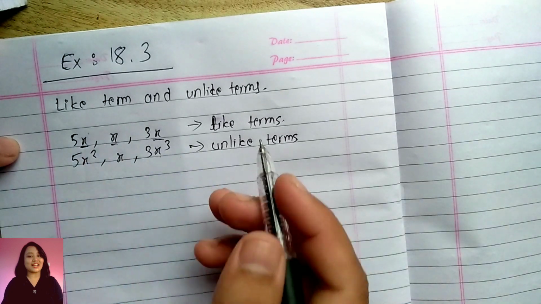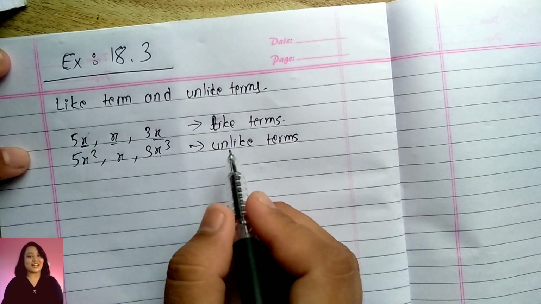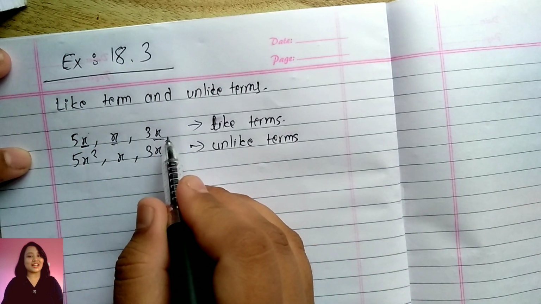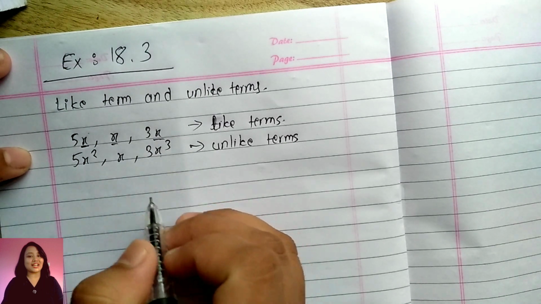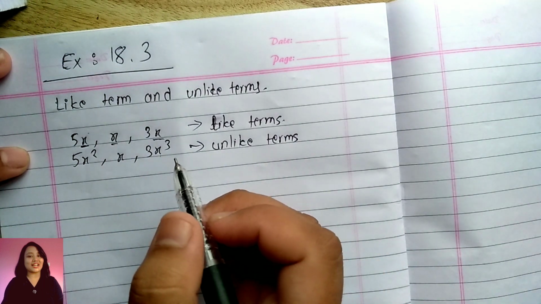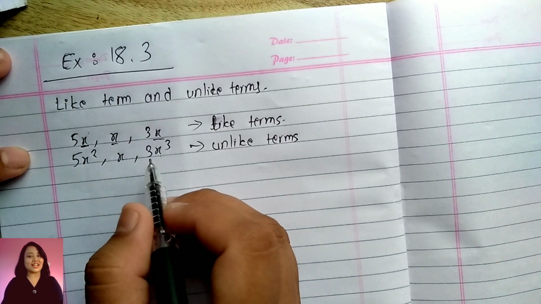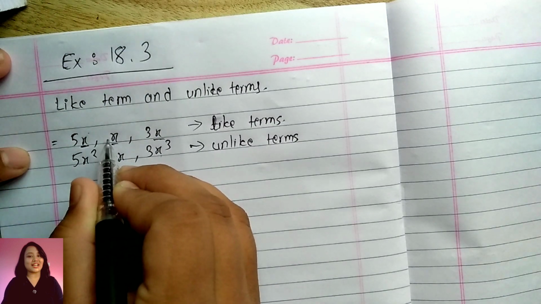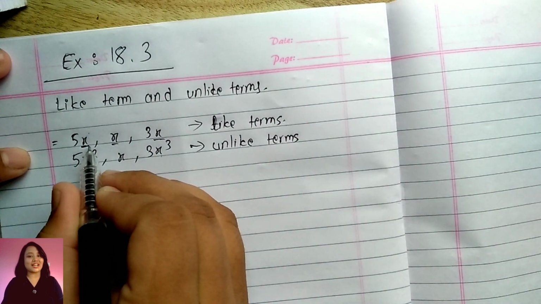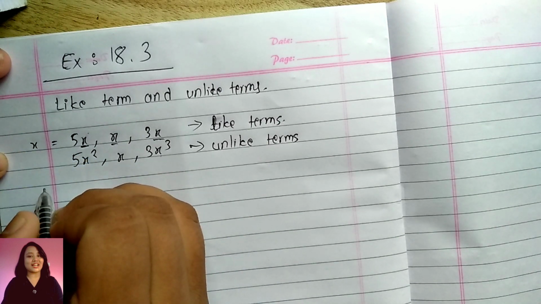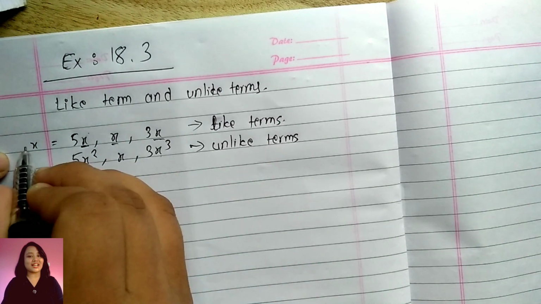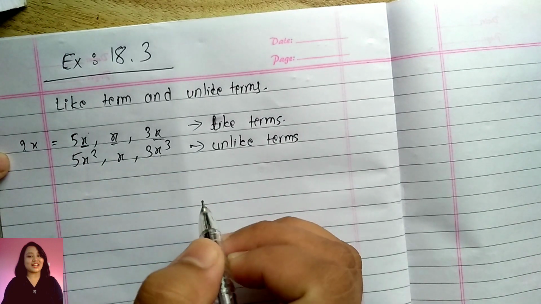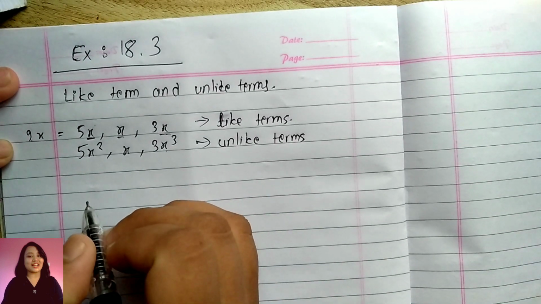Okay, so whenever we do the addition and subtraction of like terms and unlike terms, we have to keep in mind that like terms are very easy to add, and for unlike terms we have to know certain steps while doing the addition and subtraction. Suppose we just add like terms, then it will be 5x plus 1x plus 3x equal to, x is common, no? So we'll be writing x here only, and 5, 6, 7, 8, 9. So it will be equal to 9x. But regarding unlike terms, how we have to calculate, we'll discuss in the video.